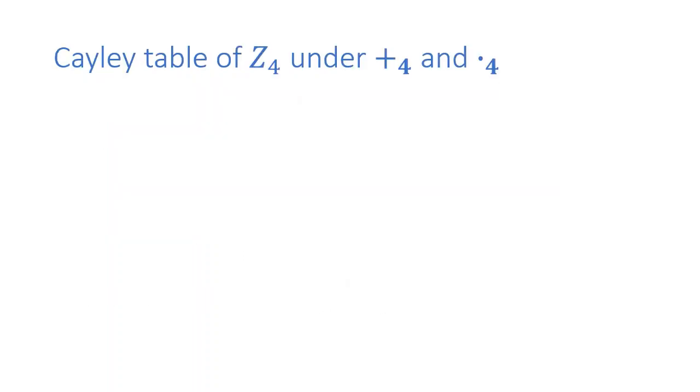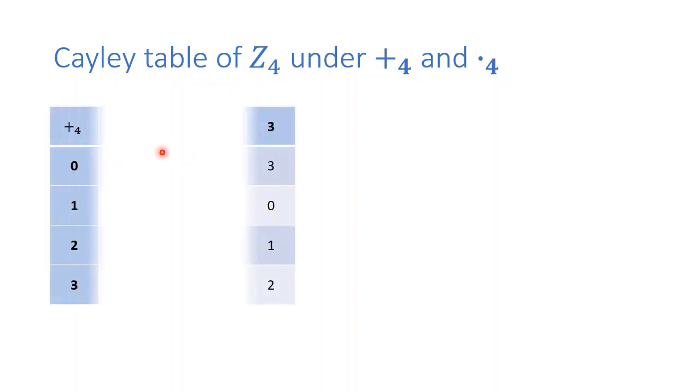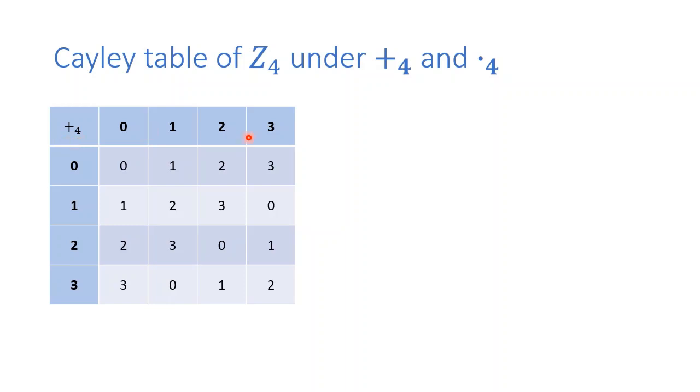So that operation is done or written in a Cayley table. Since the set is finite, we can do the operation in a Cayley table. Here the first row and the first column contain the elements of Z4. So we can include the square bracket or it may be ignored. When you are representing plus 4, which means addition modulo 4, then these numbers are not integers, they are classes, equivalent classes, or integer modulo addition is done.